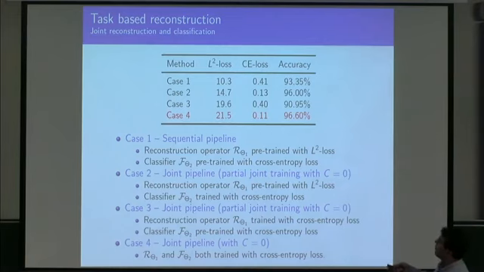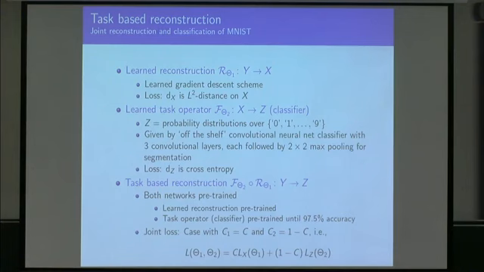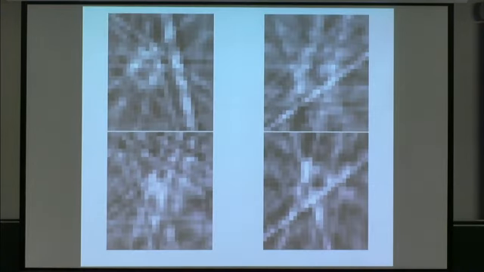And then you can do joint training. Here you can see it's interesting also that if the reconstruction operator is trained with the cross entropy loss, that gives us a worse result. That's a bit odd, and it's also reflected in the accuracy. You can see it drops. But if you do the joint pipeline, where you jointly train them, this is the pre-training part, sorry, then you get 96.6% accuracy. It's fairly close to the one that was 97 point... what was it? 97.5.